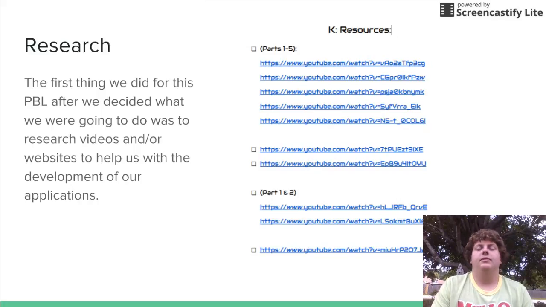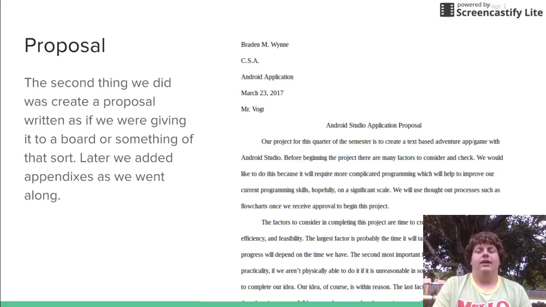The first thing we did this PBL was research on how to create our application that we chose. So we searched up tutorials and other informational sites and things to give us a better idea of how to do what we plan to accomplish. So the second thing that we did was to create a